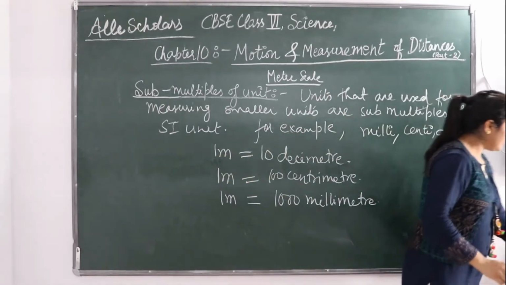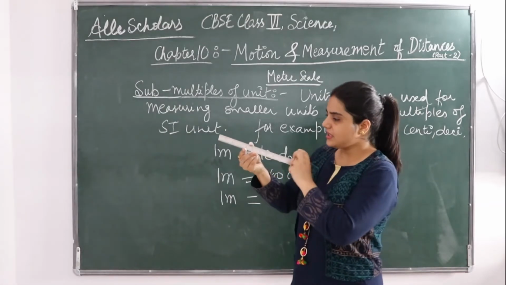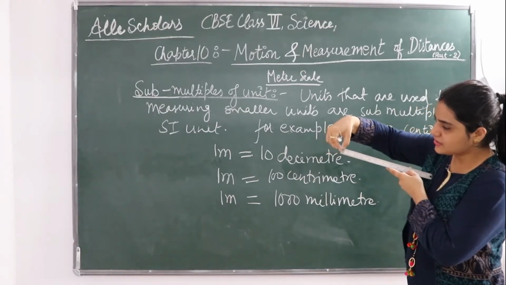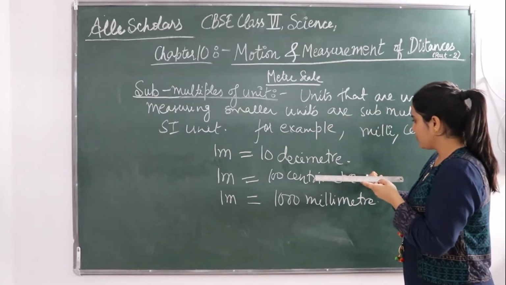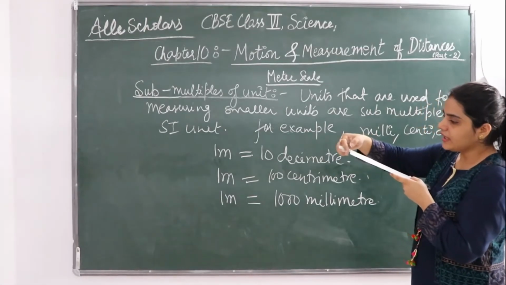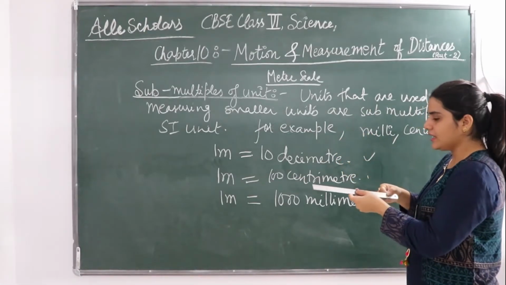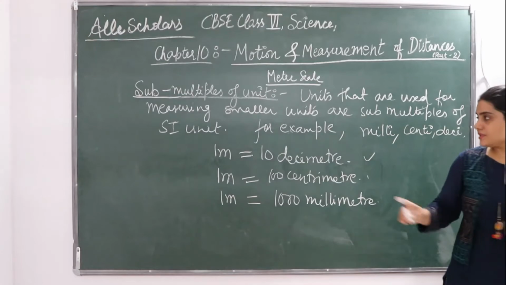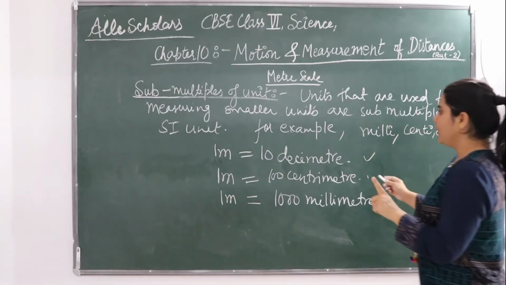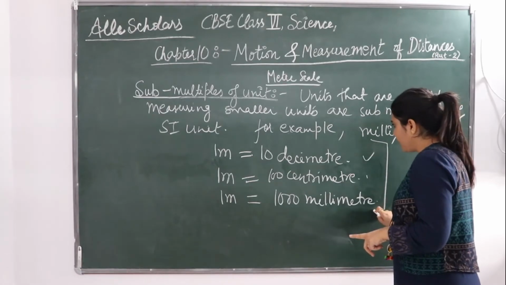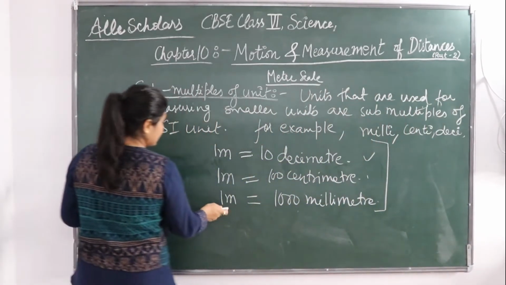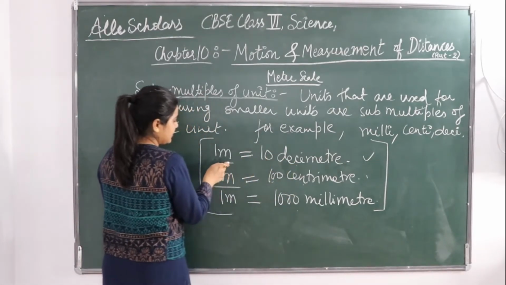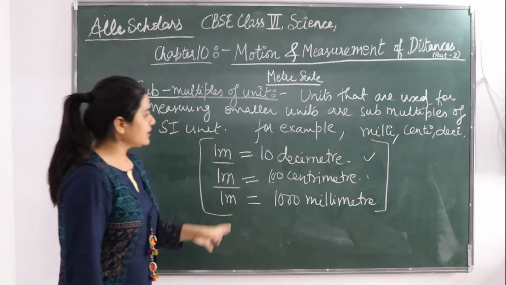Okay, so you can refer to your meter scale also. Just see in your scale, it will be very clear to you. 1 meter is there, so 10 divisions are there. You can see it here very carefully when you count it. So this is how the smaller units are measured. 1000 millimeters is equal to 1 meter, 100 centimeters give 1 meter, and 10 decimeters give 1 meter. So these are the smaller units.